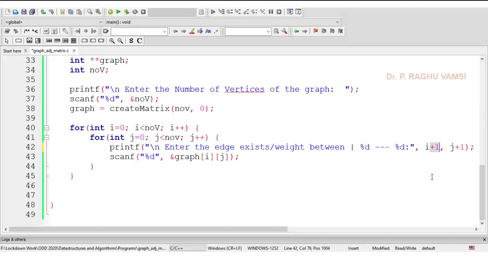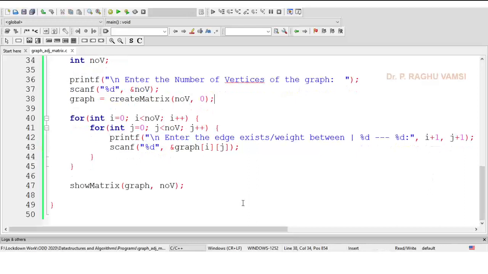If you feel this is confusing, then to the user you may show it as I plus 1 and j plus 1, and anyhow you read it as graph I j. Once the scanning of the input is over, then show matrix of graph comma number of vertices. Now we'll run this code and see how the output will be printed.